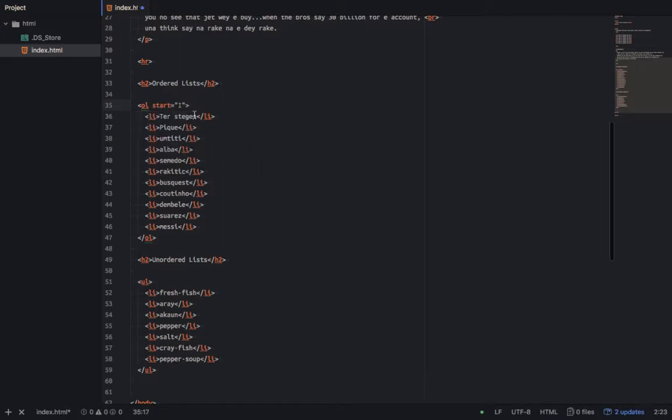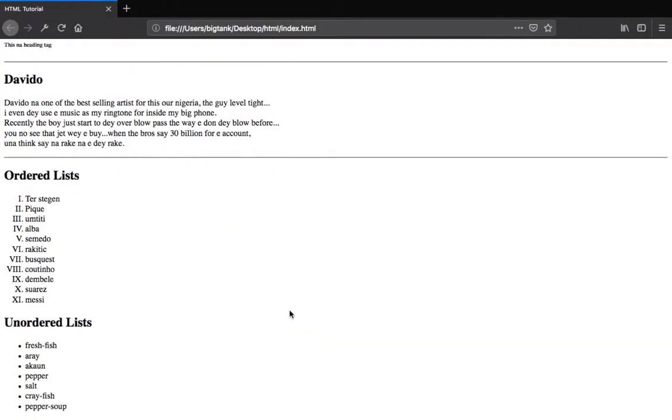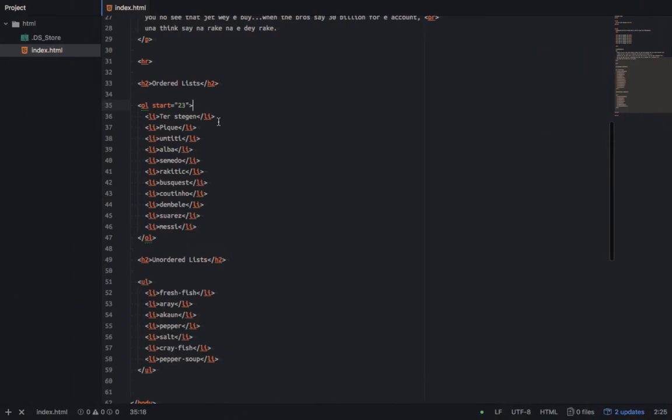If I say start, I may start the counting from 23. If I put 23, see what happens: it starts the counting from 23, going 23, 24, and so on. So attributes cause all these modifications.